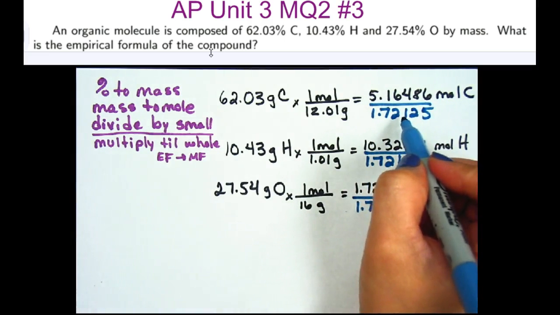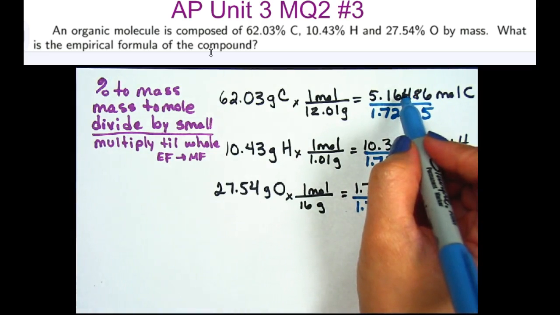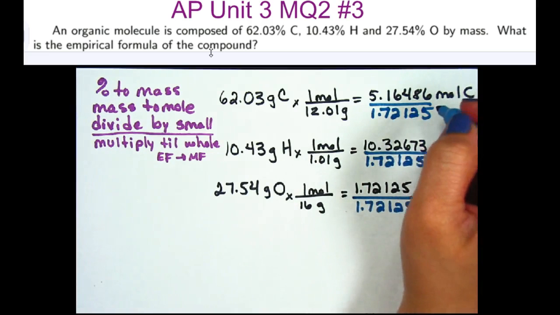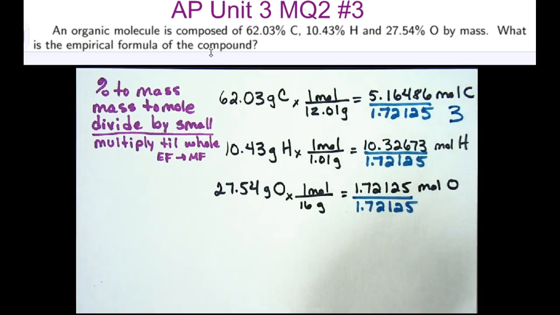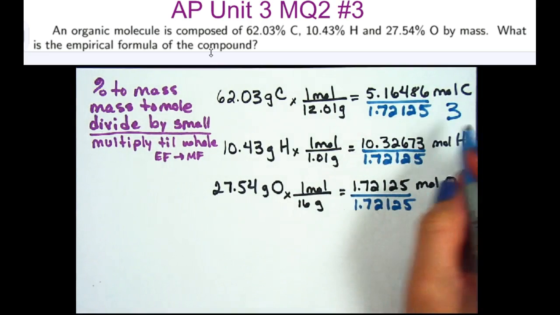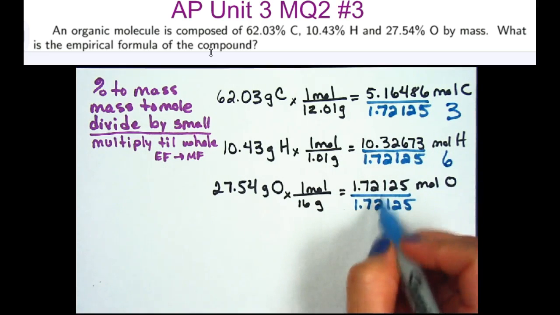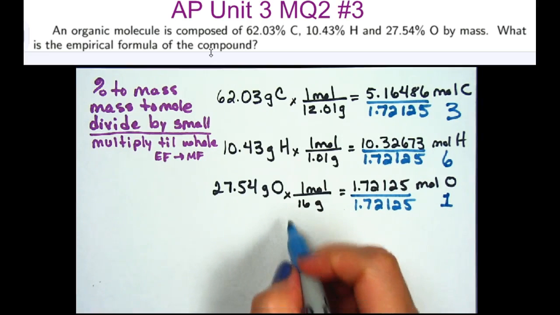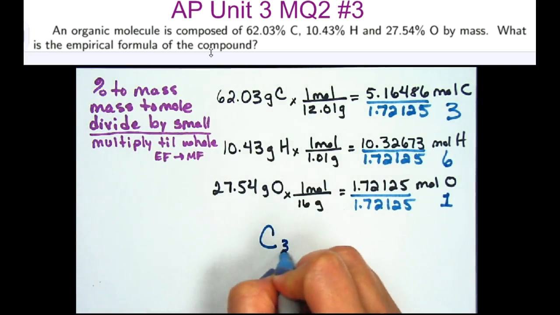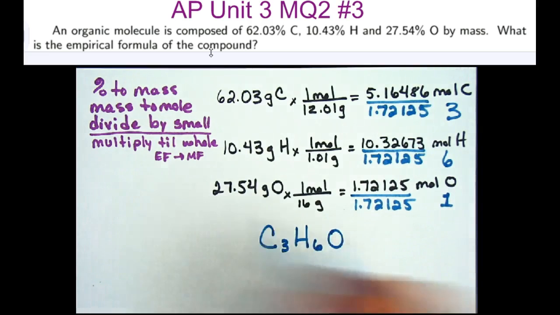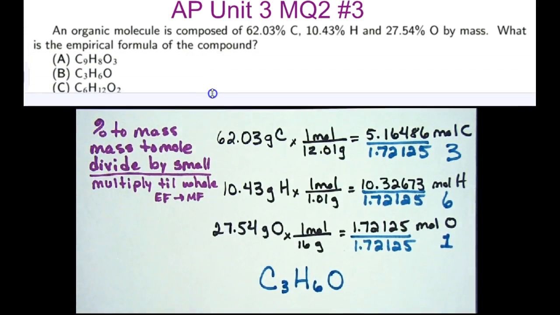When we do this, 5.16486 divided by 1.72125 gives us 3. And dividing these two values gives us 6. And of course, dividing these two gives us 1, which would indicate that the final answer has 3 carbons, 6 hydrogens, and 1 oxygen, which would be letter